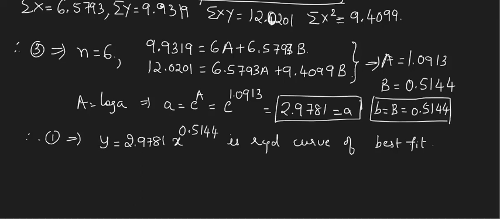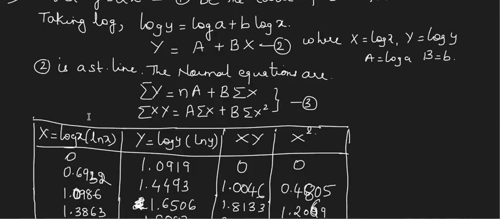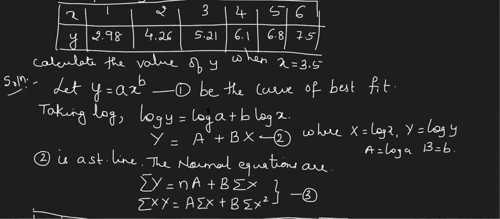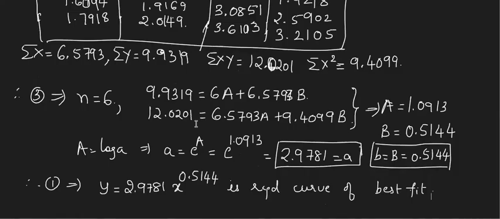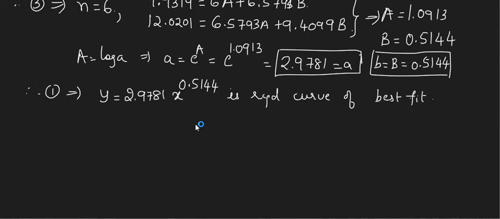Now they have asked some continuation of this. What they have asked is, we have to find the value of y when x is 3.5. So what to do? How can we get it? Put x is equal to 3.5. What about the rest of the values? They are going to be the same. Do calculate it. See, better take 3.5 in a bracket for that. Then you can raise it.